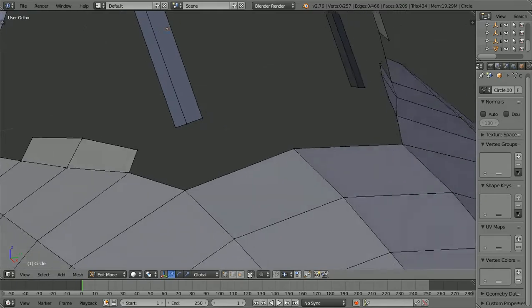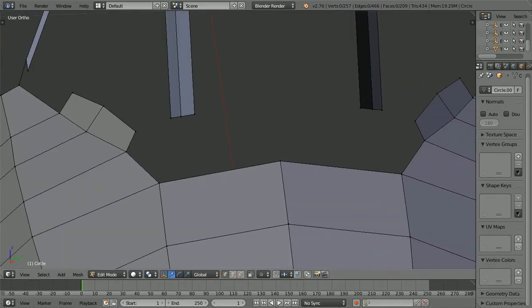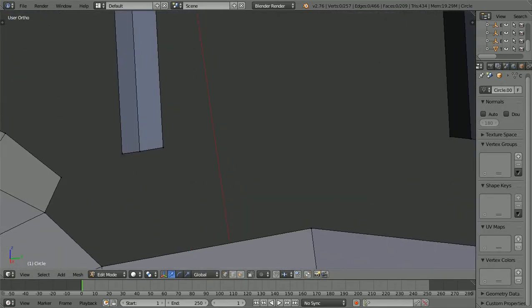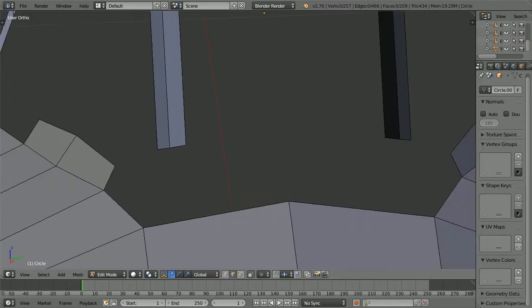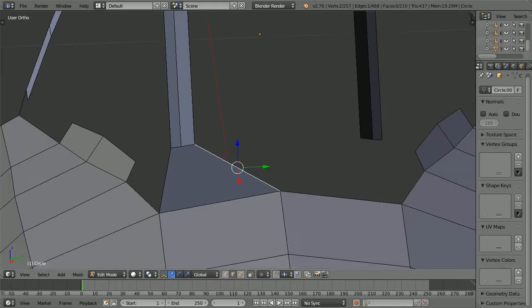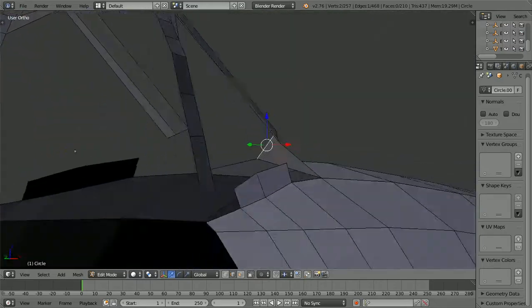Actually, what I think I'm going to do is we're going to go to line mode. Okay, and I'm going to select this line, and I'm going to push Shift, and I'm going to select this line and this line, and we're going to push F and push A. And if you notice what we did, we actually just drew